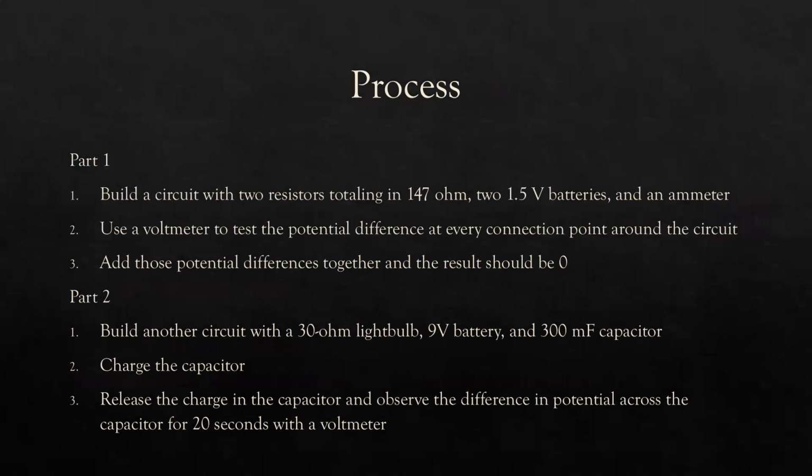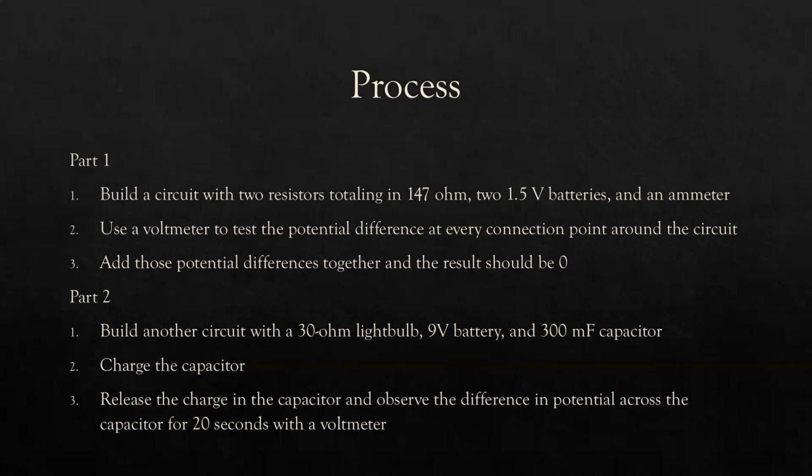Here's the process. We built a circuit with two resistors totaling 147 ohm, two 1.5 volt batteries, and an ammeter. We used the voltmeter to test the potential difference at every connection point around the circuit. And then we added those potential differences together according to the loop rule, and the result was found to be